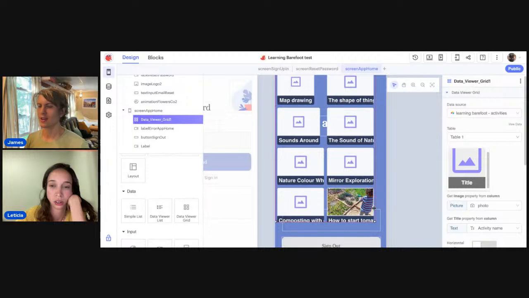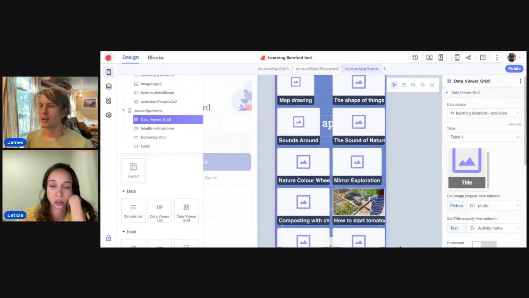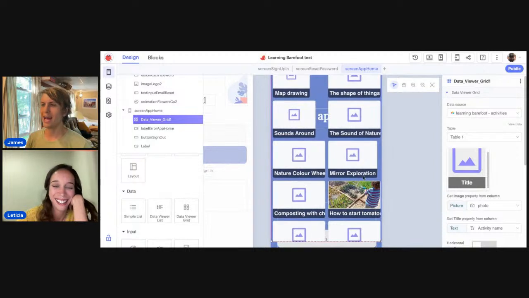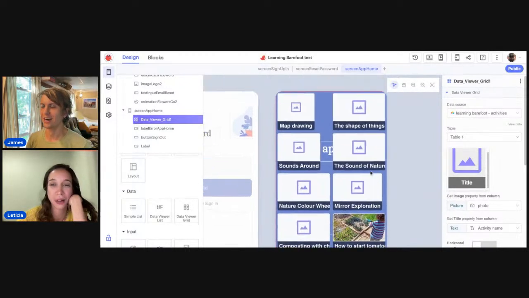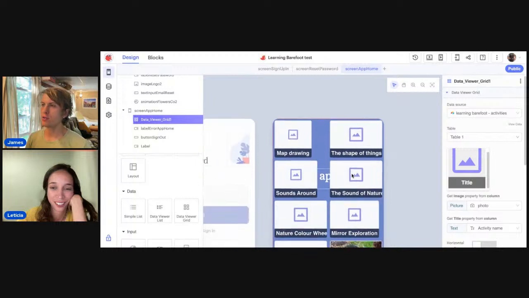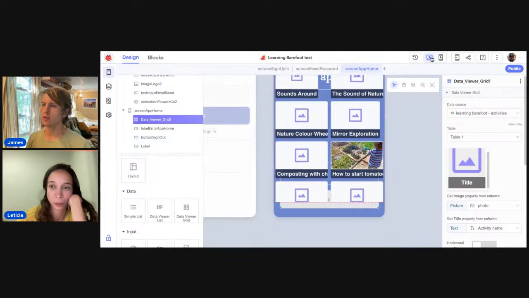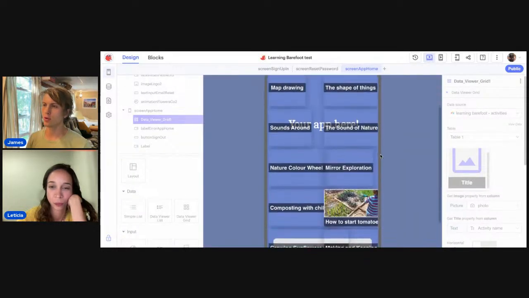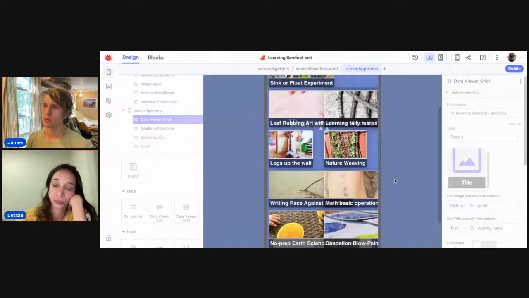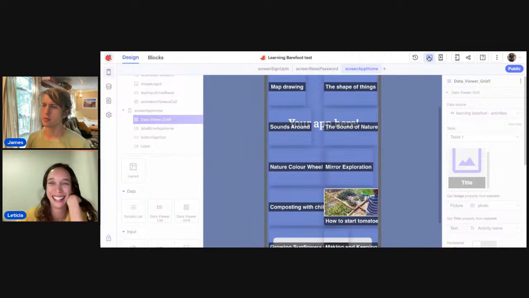Okay. That's pretty cool. That's probably not what we want, but now we see the pictures are working. But I like that. And if you go to the preview, can you scroll through? Yeah, definitely the pictures don't work in this shape.